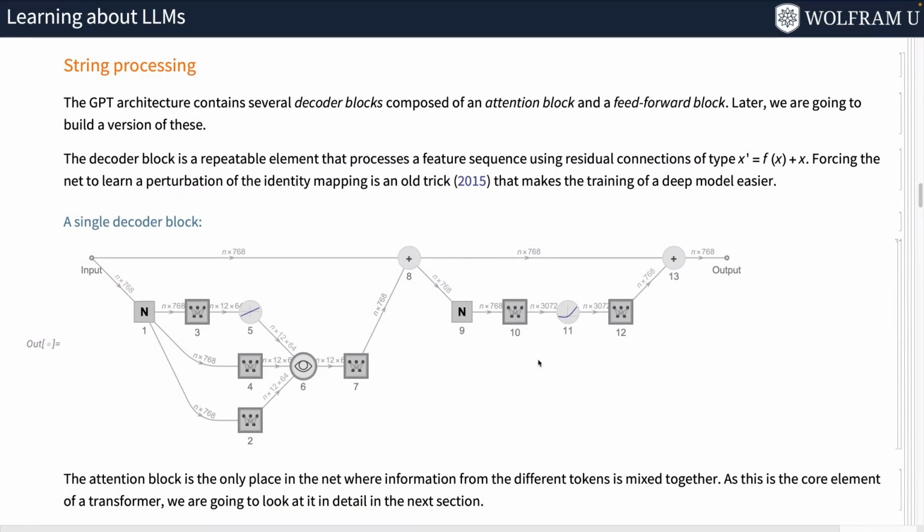So this is again from GPT-2, this open source model. This is an individual computation block, which is called a decoder block. For historical reasons, there are architectures where you can have both an encoding phase and a decoding phase. This is an architecture that has only a decoding phase, but that's not really necessary to understand this. The interesting part, just by looking at this sequence of operations, this computational graph,